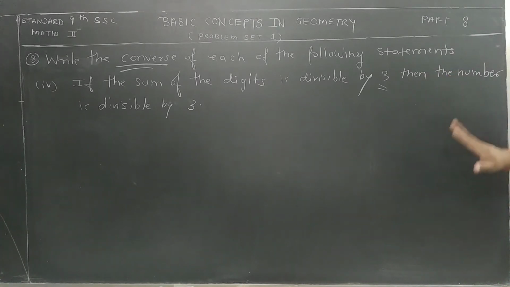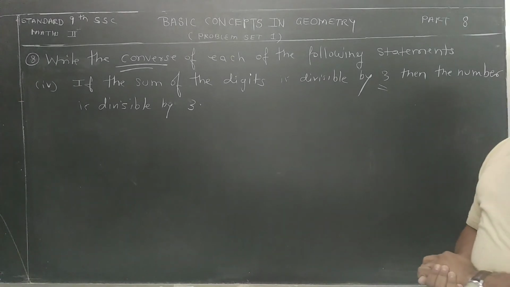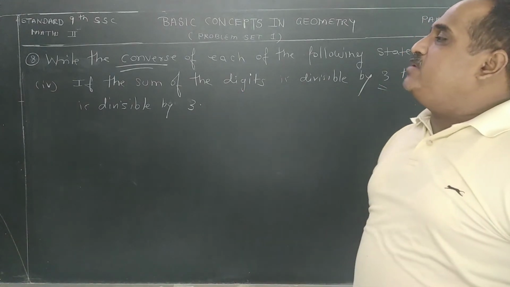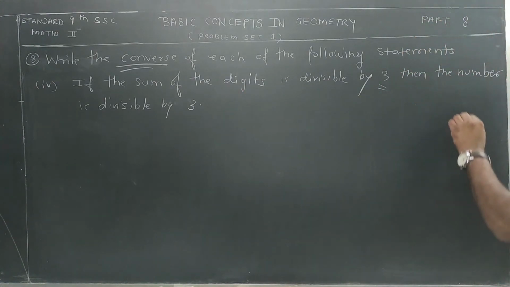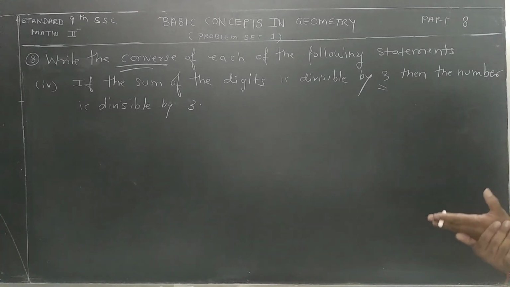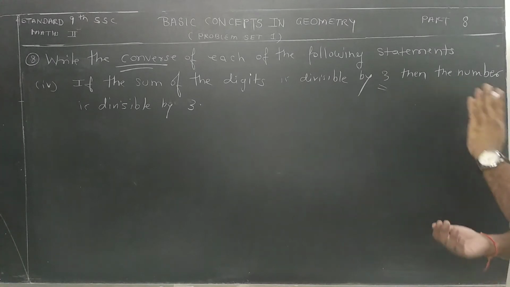This is the property. So keep the property aside as a question and remember it, please. What is that? If the sum of the digits is divisible by 3, then the number is divisible by 3. See, 105: you have to check, 1 plus 0 plus 5 is 6. 6 is divisible by 3, which means 105 is divisible by 3. That way you have to study. Please keep in mind that this is one of the important properties to check whether a number is divisible by 3 or not.